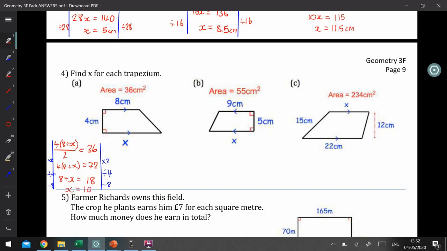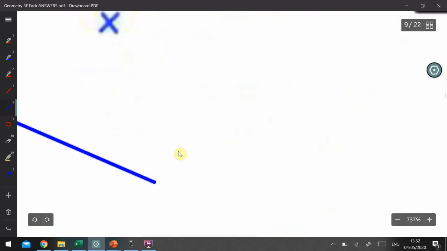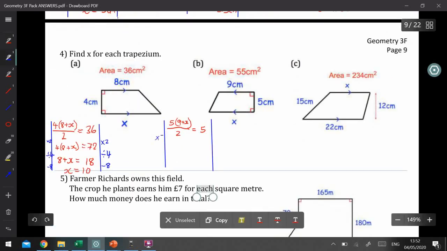Okay, on the next one, we would start by adding 9 and x. We would times that by 5, and then we would divide by 2, and that would give us 55. Now I'm not going to divide the expression here like I said I was going to a second ago, because actually 5 is not divisible by 2, so it just might be easier to think of this as we did with the first one. We're going to times by 2,